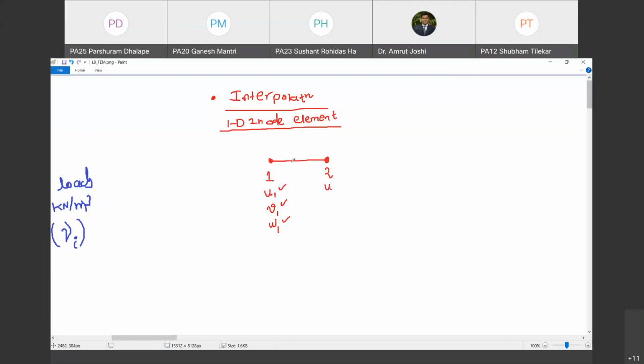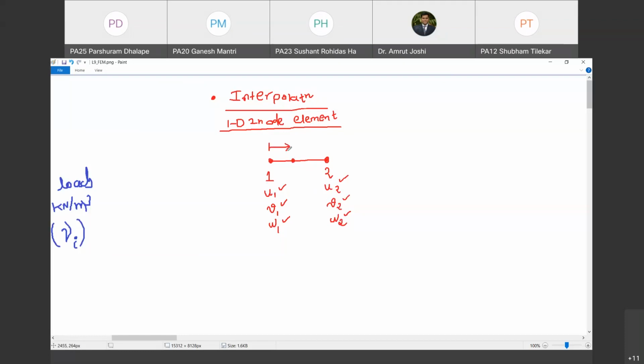And then if I ask you what is the XYZ directional deformation anywhere in between, you are going to run an interpolation. Are you with me? Type your response in chat box. So to start with, we will assume that these quantities are known. So I know U1, V1, W1, U2, V2, W2. I have to express U, V, W at any intermediate point.